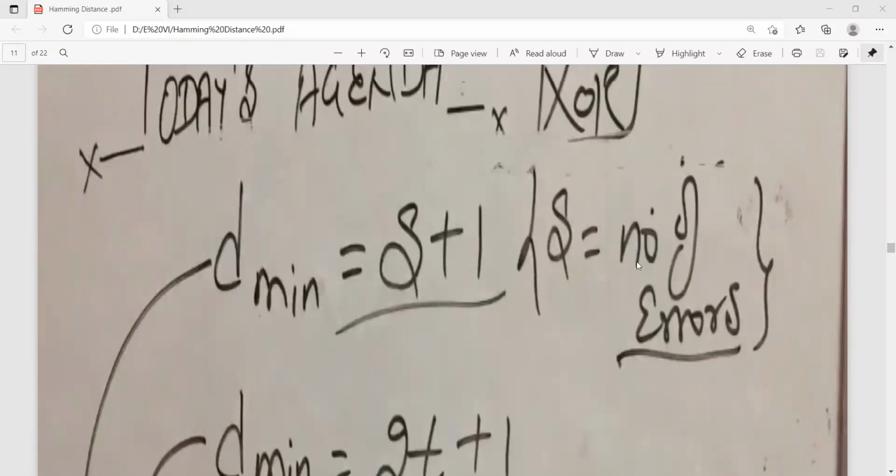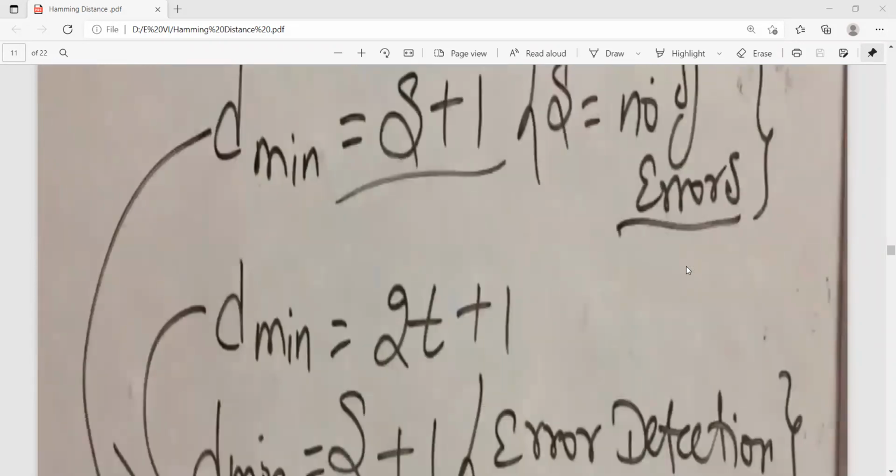So if we know the minimum Hamming distance, we are able to determine the number of errors in the received data.